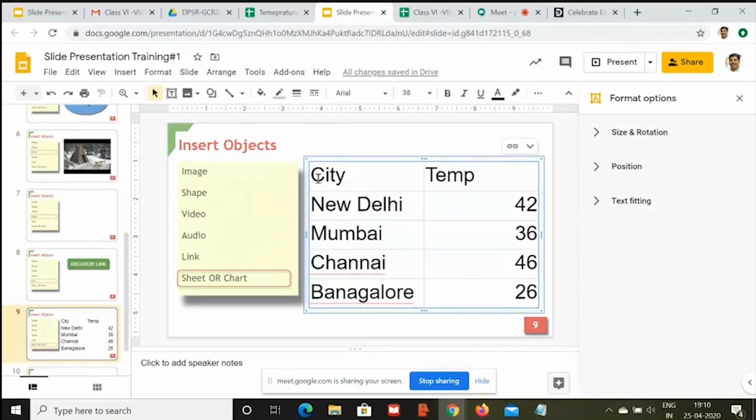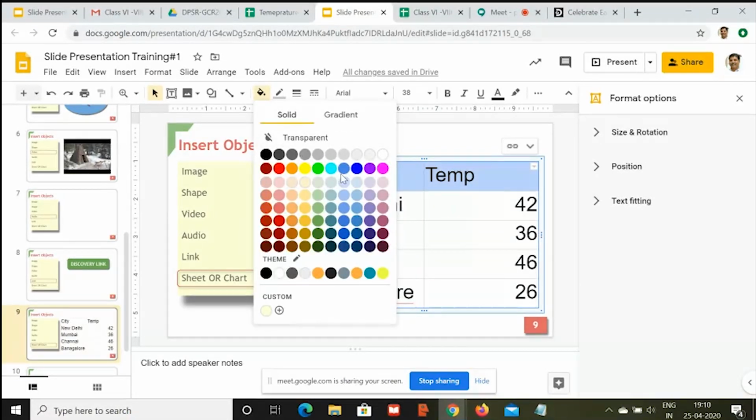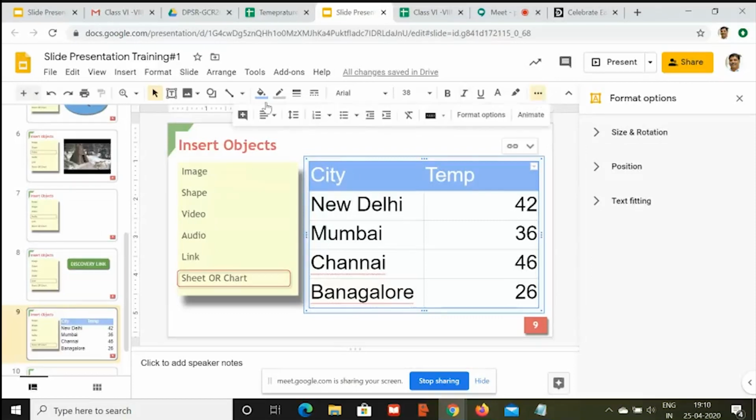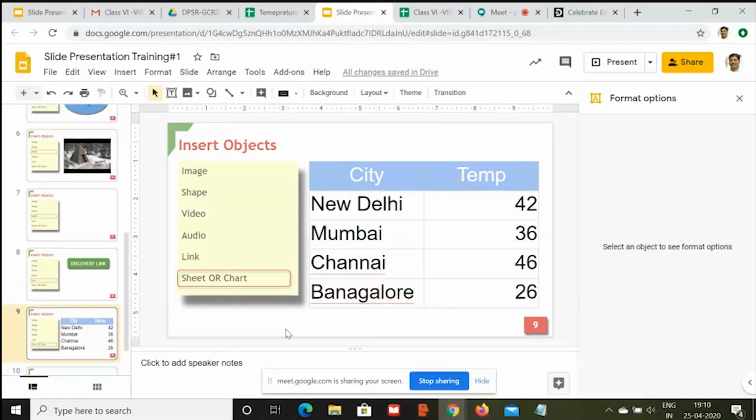And then I'd like the top headings to be colored. I'll change the font color, and it should look like this with a white color of the font, background as blue, and I want this to be centered. So I'll center my headings. Just look at this. This is your table, which has been picked up directly from the Google Sheet.